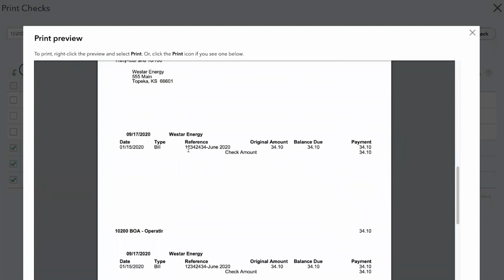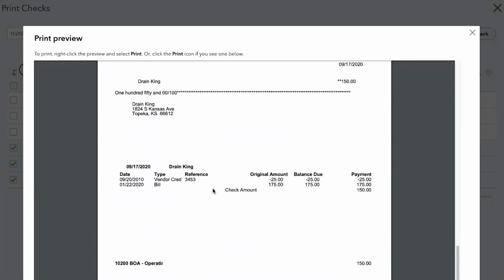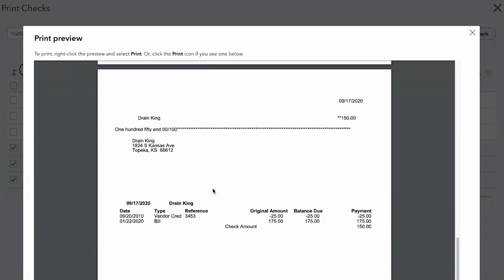And you remember how I was telling you the account number and then the month and the dates. That's an example of the reference number for a utility bill. And then Drain King. So this is the one where we have the vendor credit. So this is what the check that they would receive would look like. They would get $150. They would get the breakdown of where that came from, and they would see the bill would be $175, and then there would be a credit applied of $25,